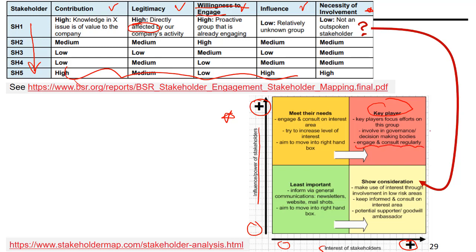In the other three situations, if they do have influence but don't have a lot of interest, then we do try to meet their needs. And if they have a lot of interest and want to get involved, we'll show our willingness to consider their interest, but they don't have real influence and power over us, so it's not as important as the key player. And the last quadrant is the least important one. You may just inform them of your decision through some communication channel.